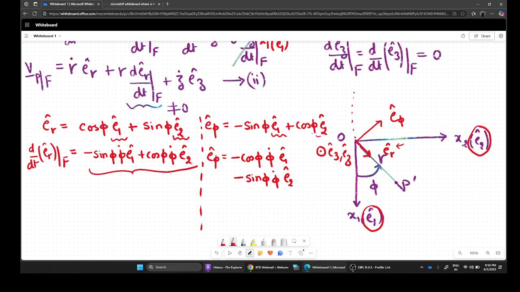Now once you have this expression, we realize that this is nothing but phi dot of E phi. And on this side, I missed something here. I meant to write d E phi dt of f. So E phi is this, of course, rate of change of this unit vector is this. And then